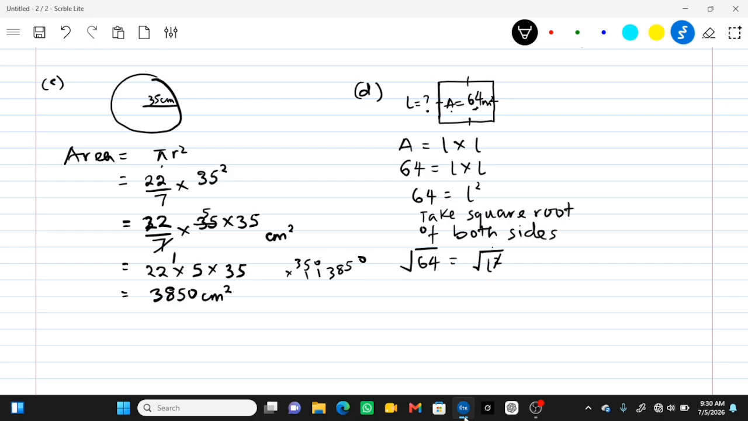And now this will cancel this. And then 8 is equal to L, so L equals 8. So meaning a number that multiplies itself from open sentence, L times L, 8 times 8, even from here, 64 equals 8 times 8. So the last one,